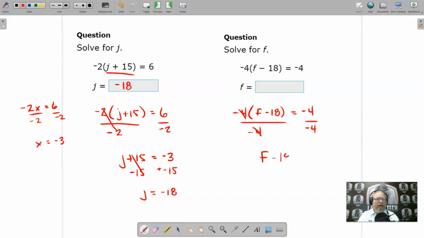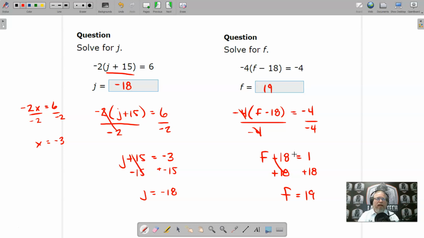f minus 18. And then negative 4 divided by negative 4, negative divided by negative is positive, 4 divided by 4 is 1, so that is a positive 1. Now I can go ahead, add 18 to get rid of the negative 18. What I do to one side, I'm going to do to the other. The 18s will cancel each other, leave me with f on the left and 19 on the right, so f